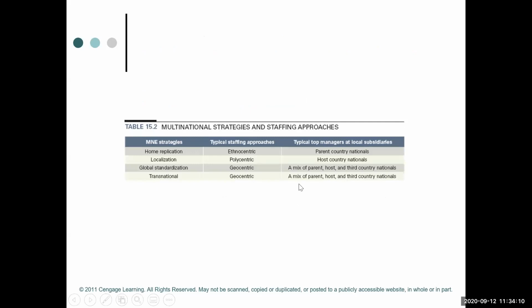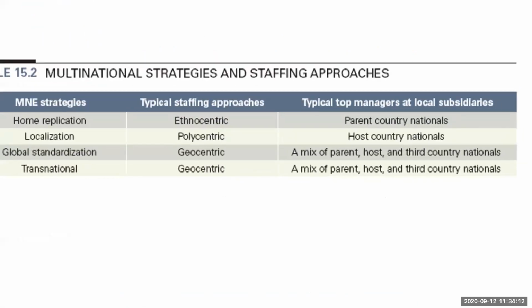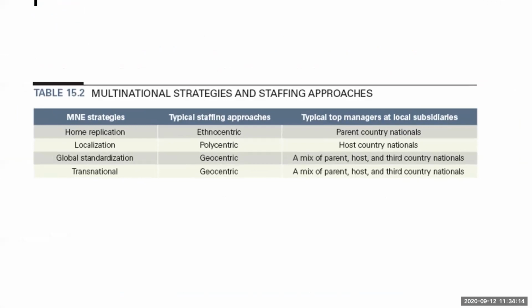Okay, now just related to the strategy, that is the interesting part. We saw 4 strategies in the last chapter: home replication, localization, standardization, and transnational. Now, if you relate that strategy to the way the company hires, home replication is very close to ethnocentric because I just want to replicate. I really don't want